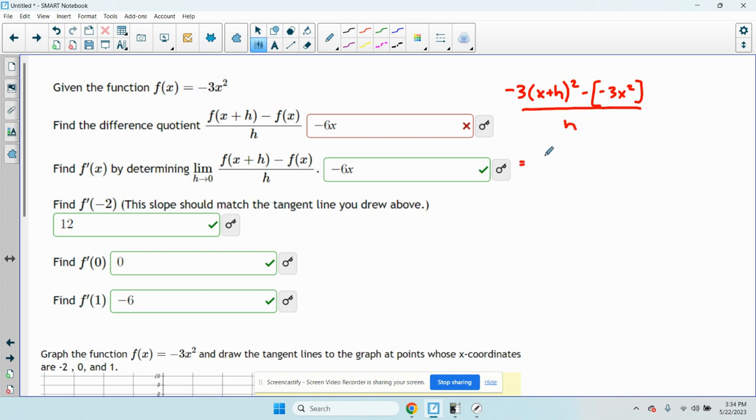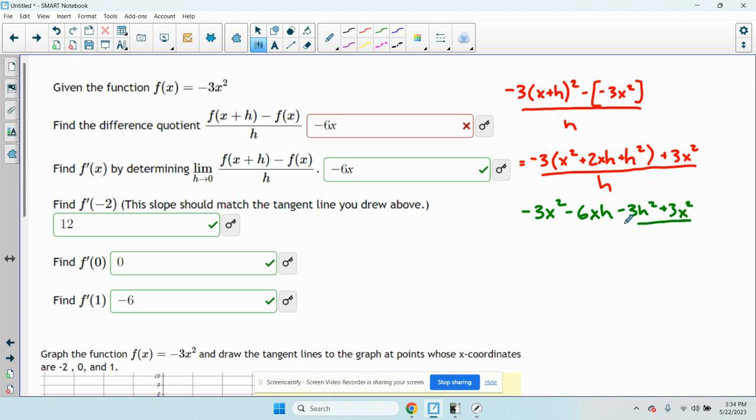So this becomes, I'm going to see if I can squeeze this in here, negative 3 times, this is FOILed, x squared plus 2xh plus h squared, plus 3x squared, over h. So distributing the top, I get negative 3x squared minus 6xh minus 3h squared plus 3x squared over